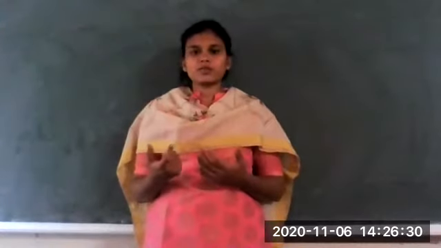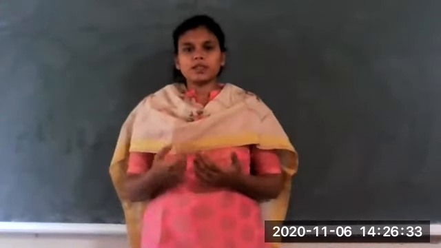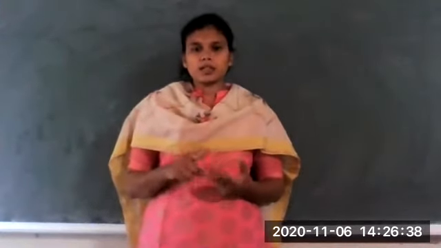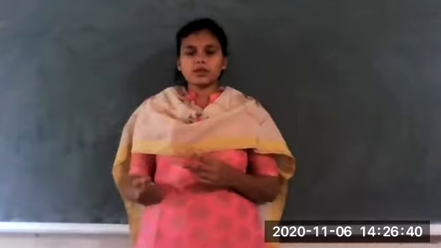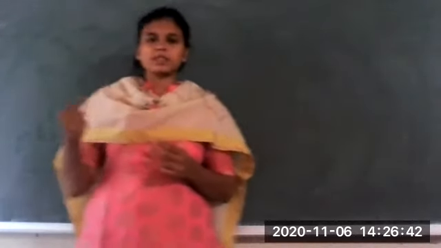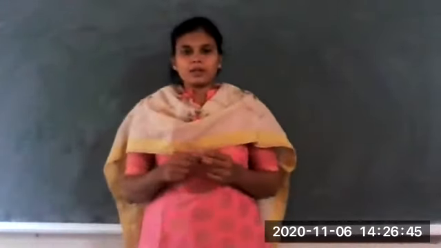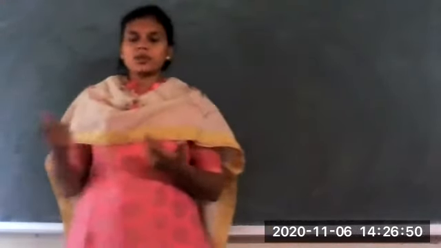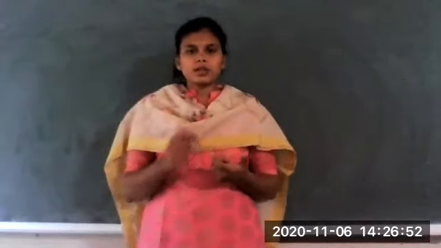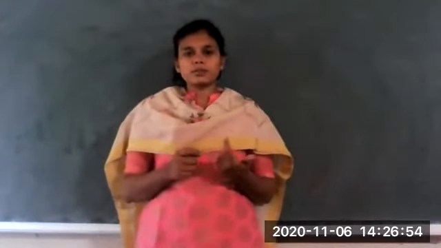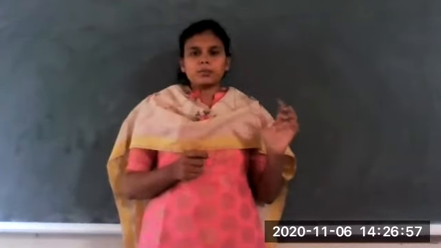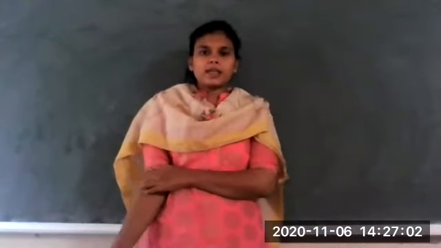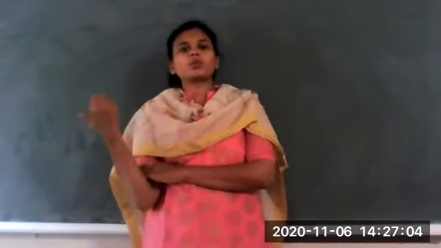What is an orthogonal transformation? A mapping C from E3 to E3 is called an orthogonal transformation if it is a linear transformation as well as it preserves the dot product. Preserving the dot product means that Cp dot Cq should be exactly equal to P dot Q. Whatever the dot product between P and Q is, it should be exactly equal to the dot product between Cp and Cq. In the next lecture we will see whether every isometry is an orthogonal transformation.